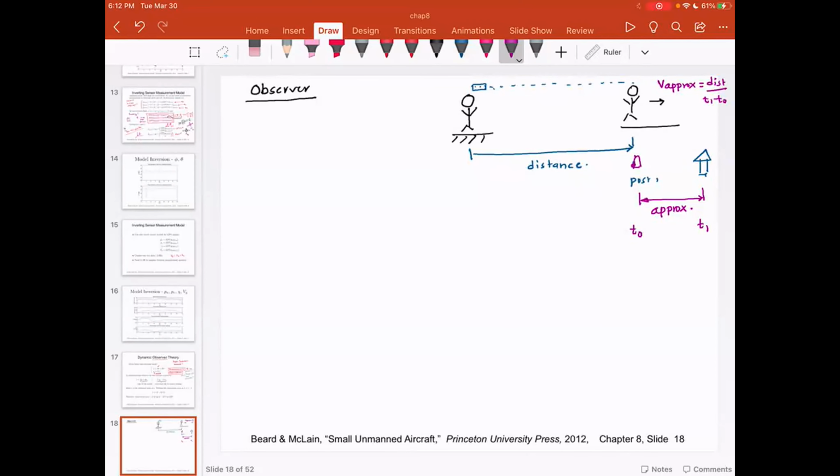Then you have some estimate of the velocity, so you know how fast this person is traveling. That gives you an estimate of that person's velocity, and then you can approximately estimate